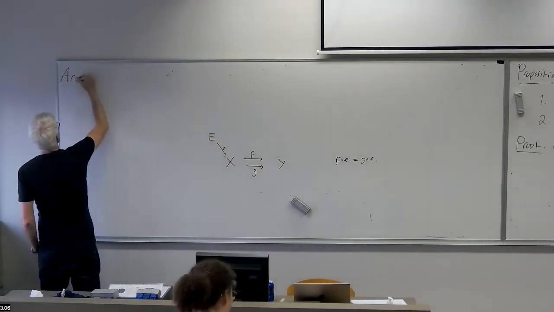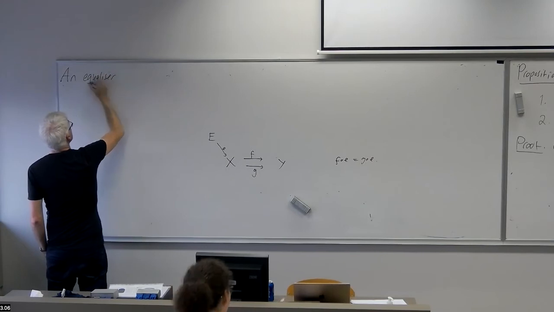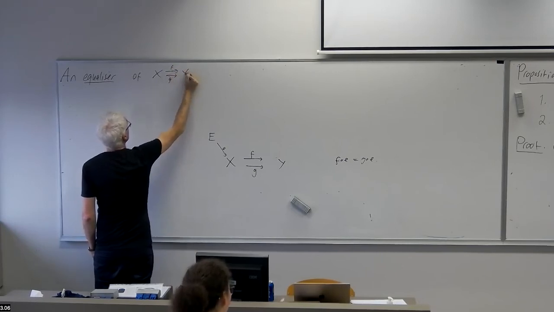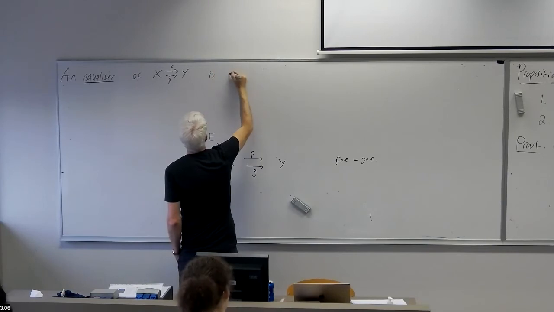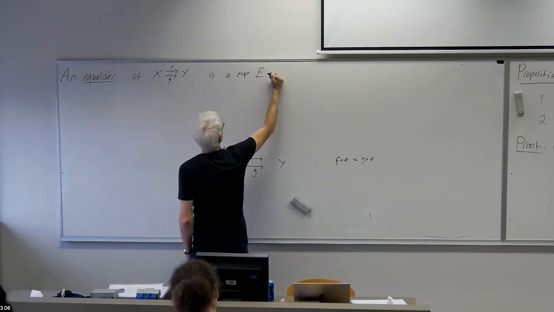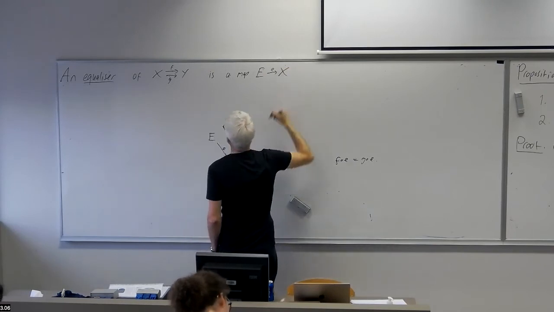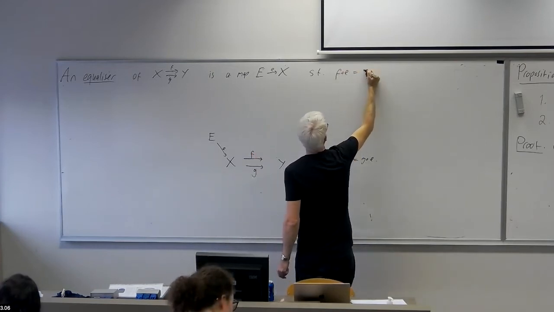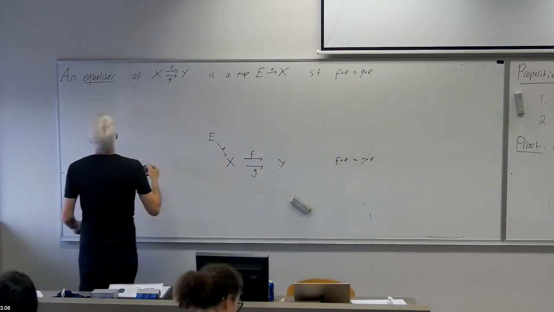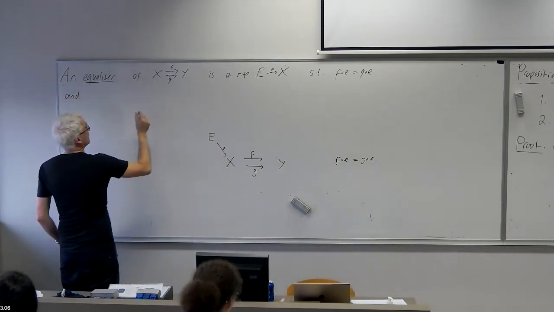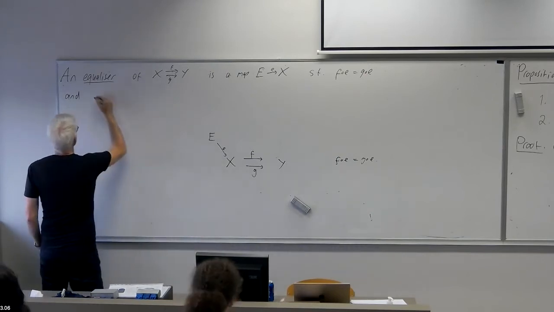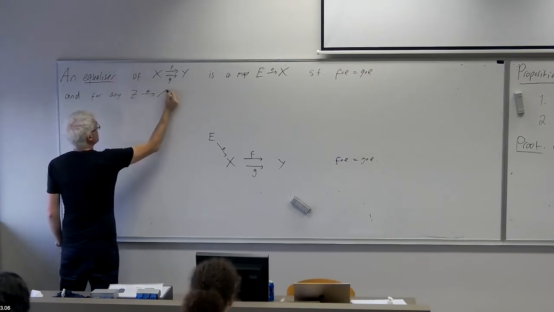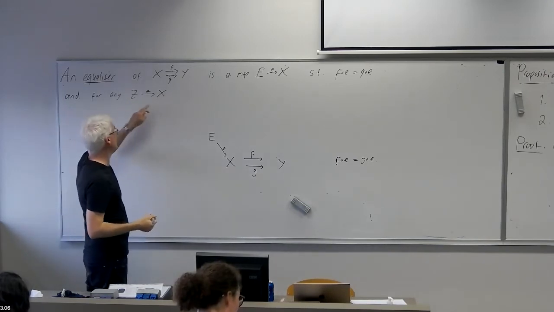So the formal definition is: an equalizer of a parallel pair, f and g from x to y in a category C, is a map, little e, from an object E into X, such that this equality holds, f composed with e equals g composed with e, and for any other cone, so for any map little z from an arbitrary object Z to X,